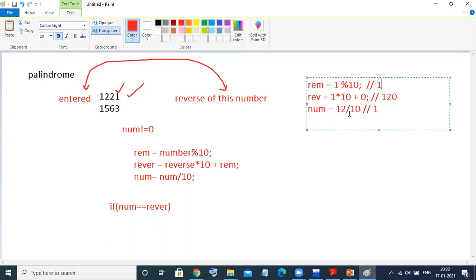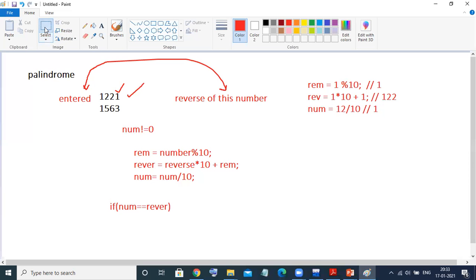Somewhere we are missing something. It should be 122 actually. Somewhere we have missed this logic.